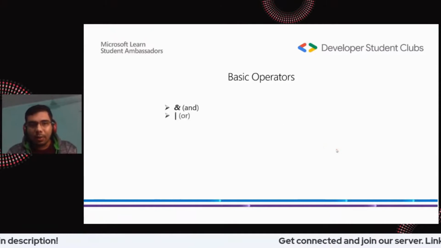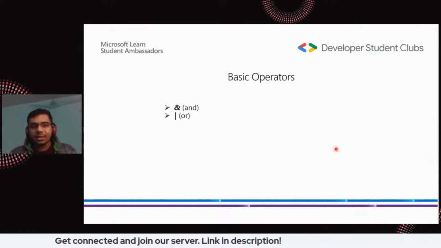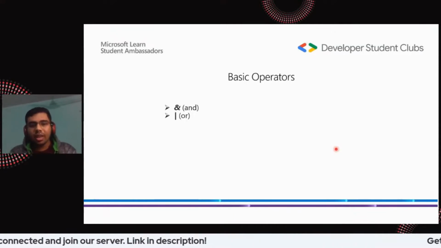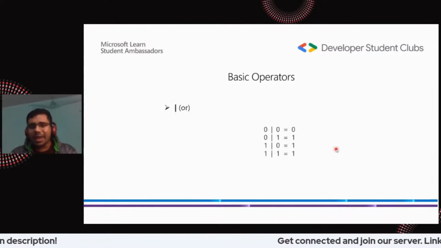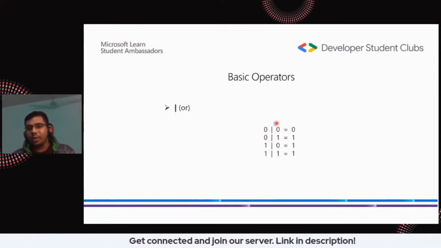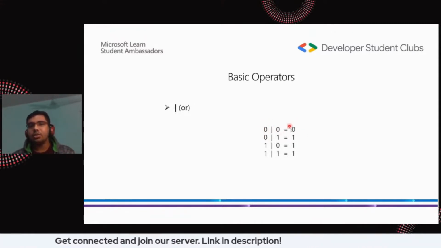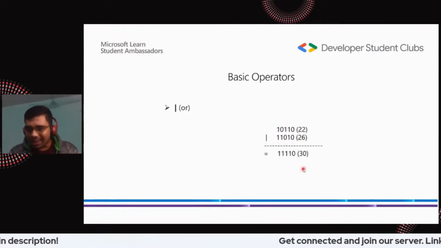Moving on, the next bit operator we have here with us is OR. So what do you do with OR? OR basically returns true if any of the inputs is true. All right. So look at the binary truth table here. In the truth table, you can see only if you give both the inputs as 0, then it would give you a 0. Else, in any other case, this gives you 1. Okay. Move on to the example.